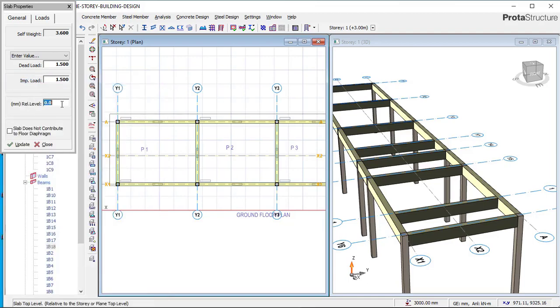This level, leave it at 0, as you can see there, 0. So once you put this right now, you can see your self weight automatically given to you. This self weight was gotten by the depth of the slab and the density of concrete. So that's how they got this self weight. So right now, once you're done inputting this dead load and the live load, or what they call imposed load, and then checking out on this place also to input your slab depth of 150, I will now say that you should go here right now and then click begin